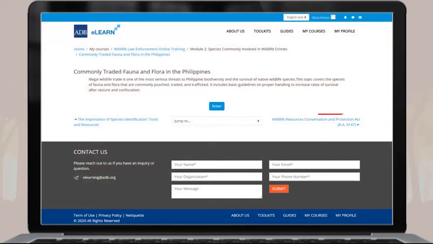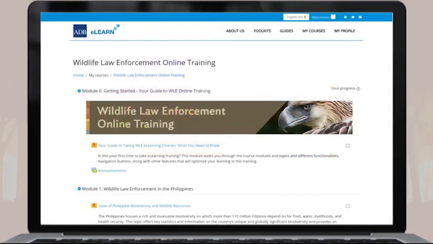Once you complete the topic, you can proceed to the next one by clicking this button. Or you can select the next topic using the navigation drop-down. You must go through a topic for the first time from beginning to end. After doing so, you can go back to and refer to any section of the topic.